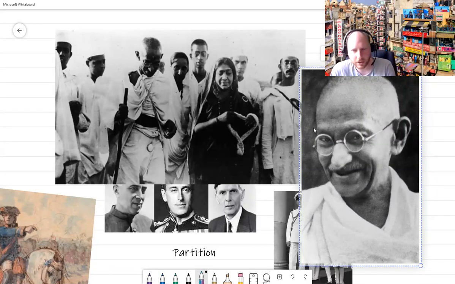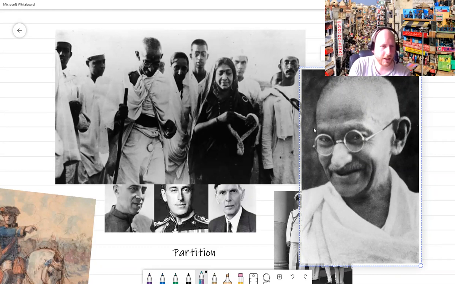His philosophy was, we are going to fight back peacefully. Satyagraha, they called it. We will protest without hurting anyone. And so he would take his followers up against the British police or the British army, who would beat them with sticks or shoot them or trample them with horses, and never once would they fight back.